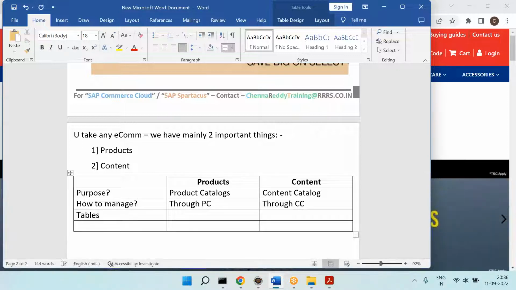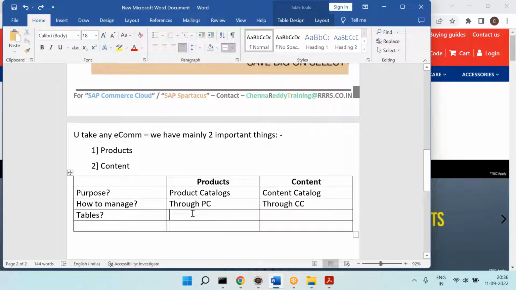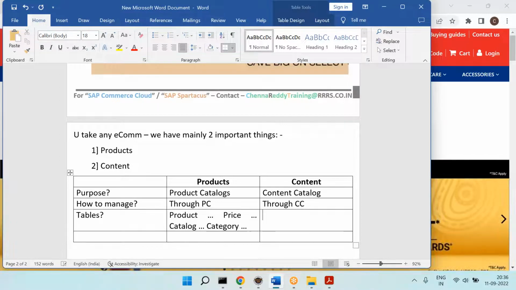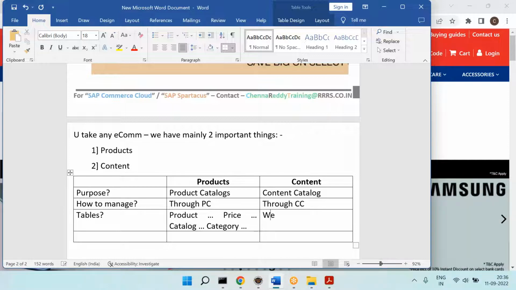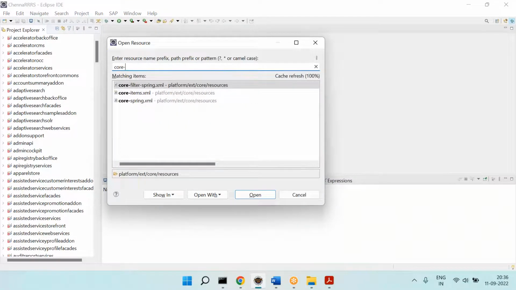Next, for product purpose, do we have the tables given? Yes. What kind of tables are there? Product table is there, price table is there, catalog table is there, category table is there, and so on. Similarly, here also you have the tables, the site table. The product related ones are there in the